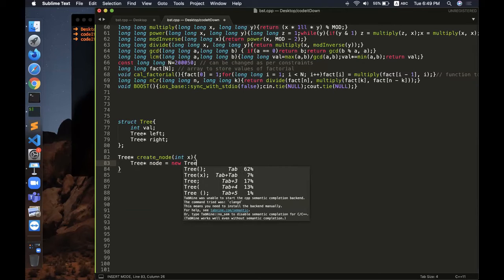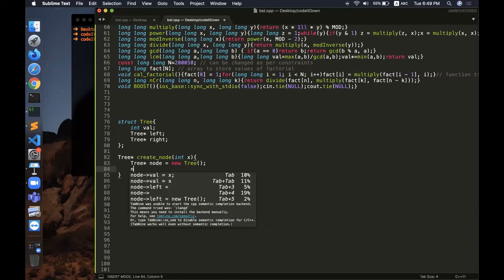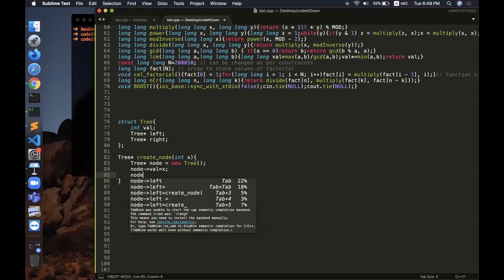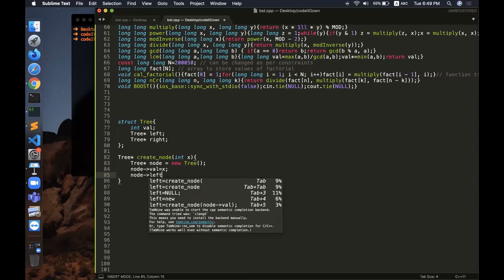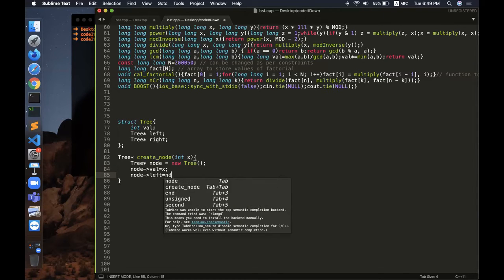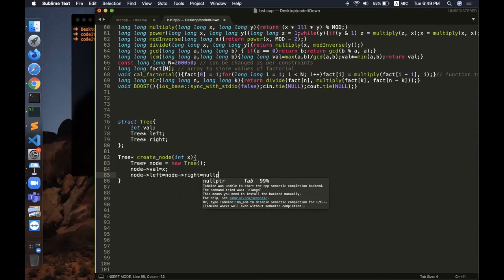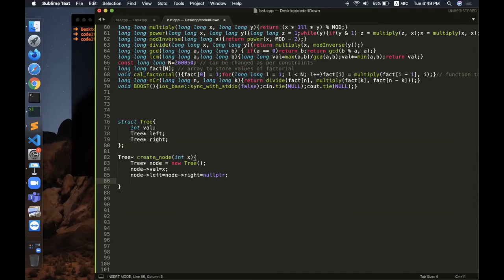So I'm creating a new tree, and then I'm setting the value as x, and then let us keep the left and the right nodes as null. I don't really know whether this thing is there in Java or not, but in C++ there is something known as nullptr, and there is also something known as NULL. They are different things. nullptr is usually recommended and NULL is usually not recommended.